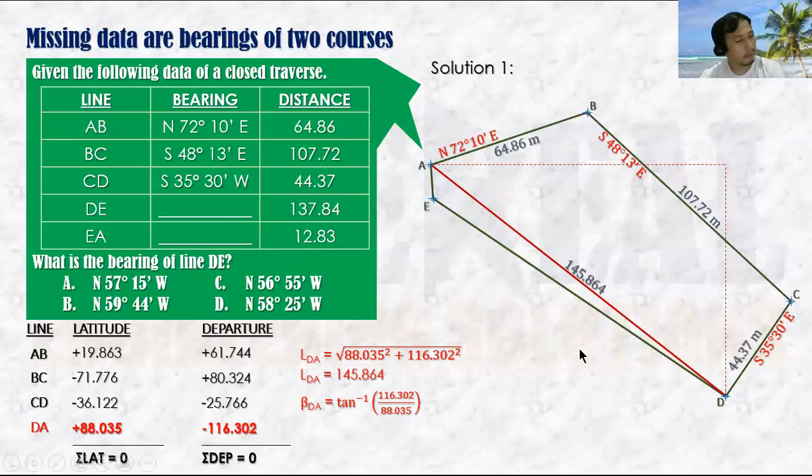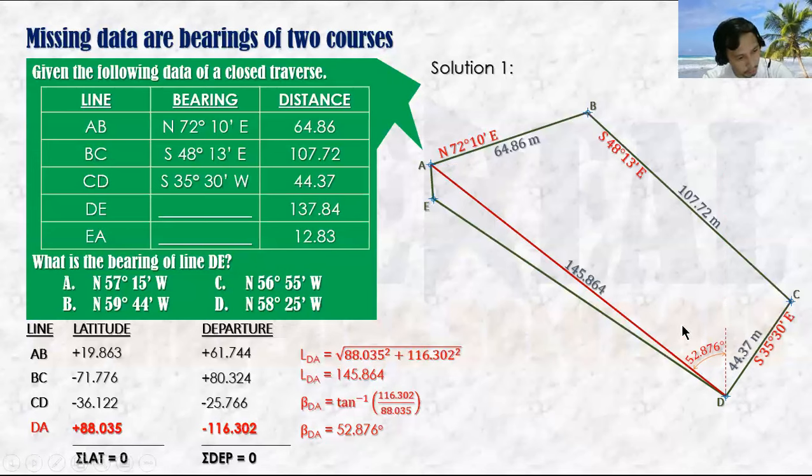No? Well, if I'm gonna calculate the bearing, no, ito yung bearing of DA. Now with respect to this line, so that is of course arctangent of this departure over the latitude. No? So that is equal to 52.876 degrees. So ito yun. 52.876 degrees. Now, after that, since our mission is to get the bearing of DE, no, again, DE is ito,